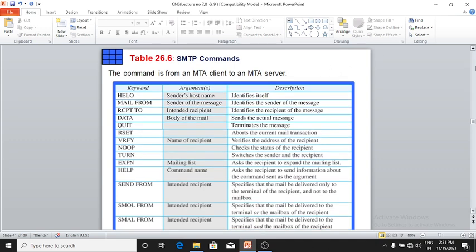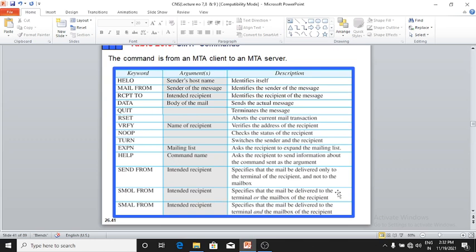The first keyword for the command is HELO. The argument for HELO is the sender's host name, which identifies itself.